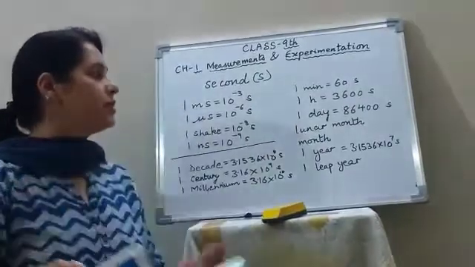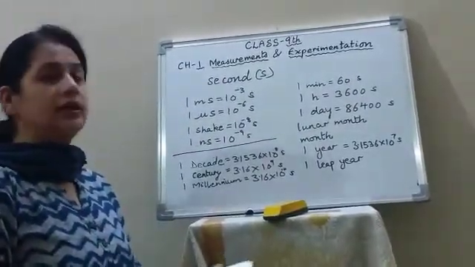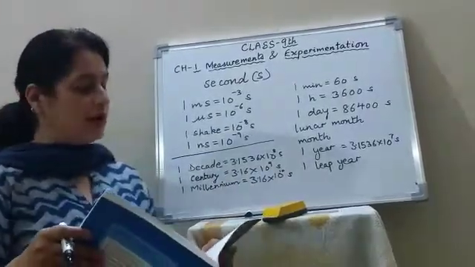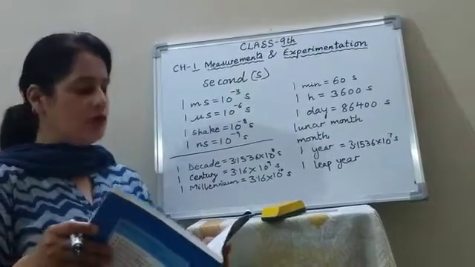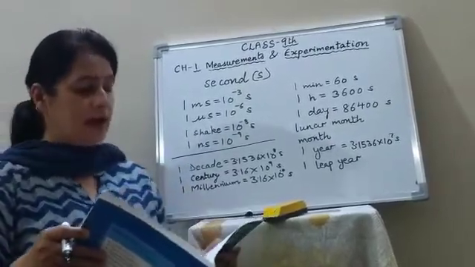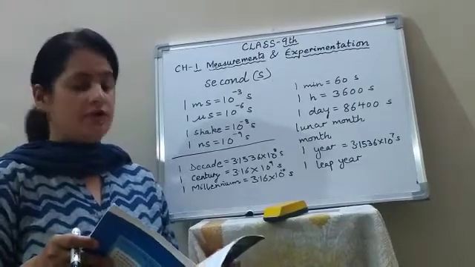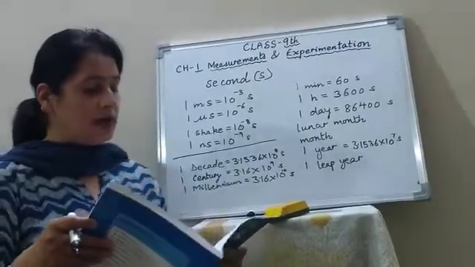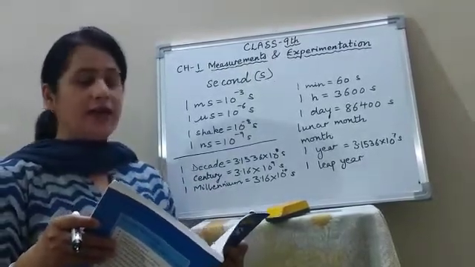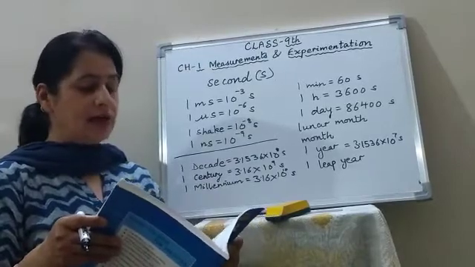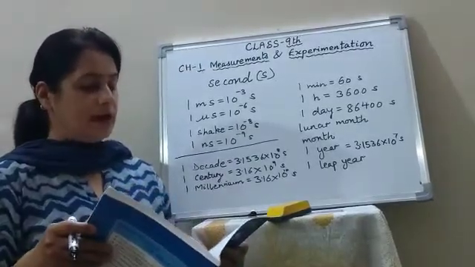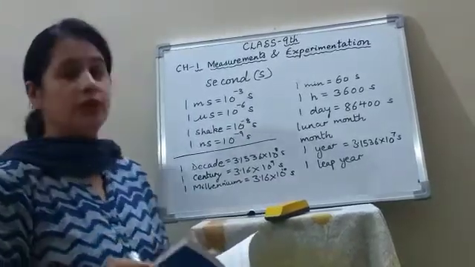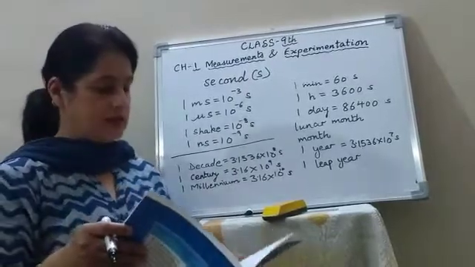Now some more bigger units are lunar month, year, leap year. The Western or Gregorian calendar is based on the period of revolution of the earth around the sun. But our Hindu calendars are based on the phases of moon as seen from the earth. Thus, 1 year of these lunar calendars is short nearly by 10 days of the Gregorian calendar, because in these calendars, 1 month is the time of 1 lunar cycle, which is nearly 29.5 days.